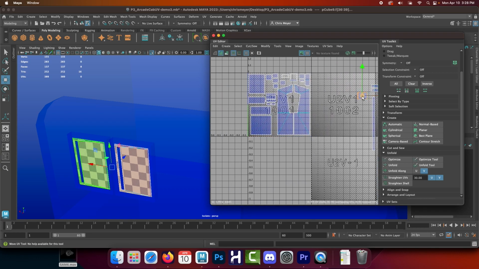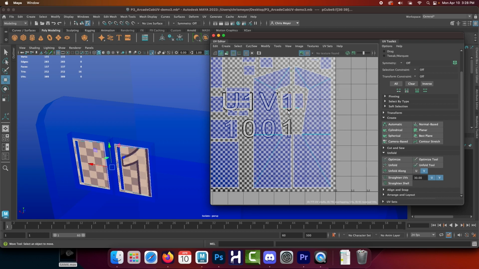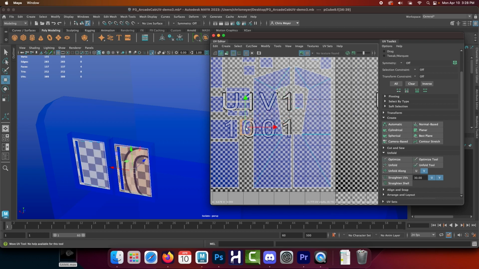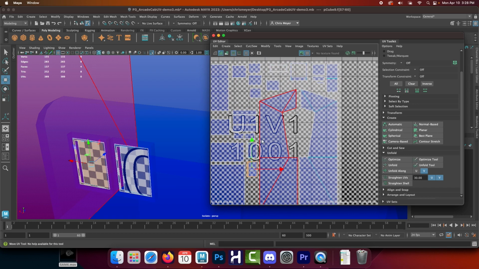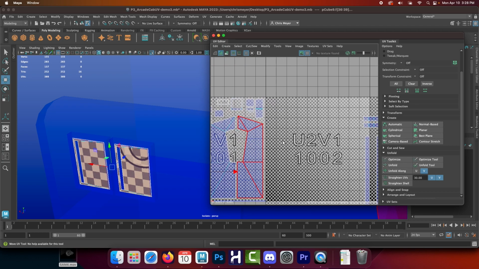So I do want them to have slightly more texture space than the other pieces of this. So I'll put these here for a second. I'm using my UV shell mode, just grabbing these shells. I'll put these in here so they get a little bit more space. Yeah, okay, we'll leave them there. I'll just move them down sort of like this. And then that brings me to